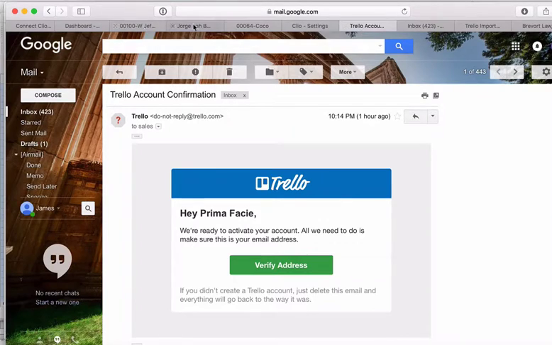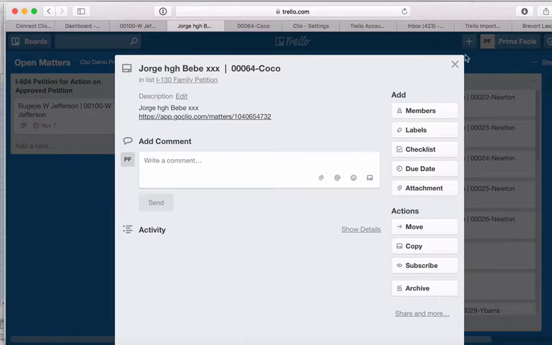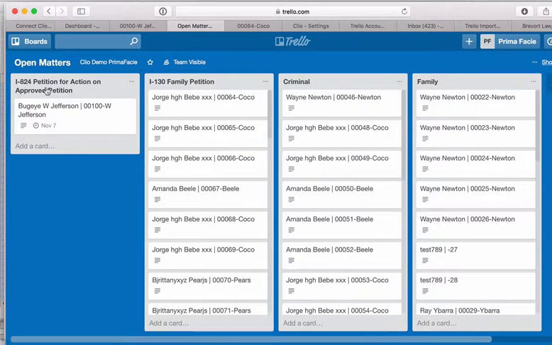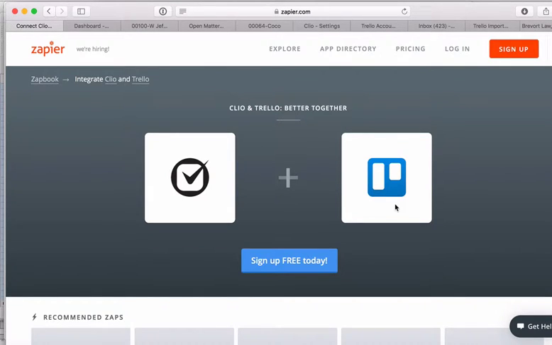So when you're doing that monthly or weekly review meeting, it's going to go a lot more quickly. You can see at a glance, and you can go category by category. When your mind is fresh on one category, it's good to keep going with that category till you're done. All right, so this has been your deluxe and free training on how to connect Clio to Trello by way